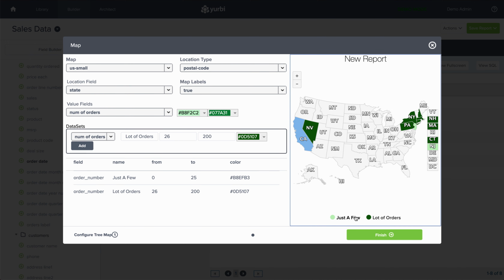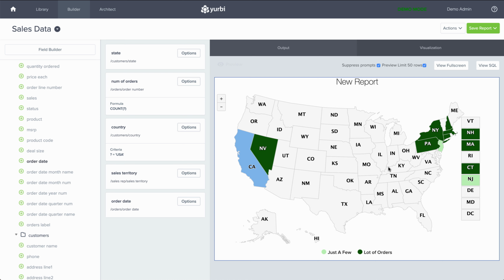You'll see now that'll give me just an on-off or a set color for the range and show me that range in my legend. So you have a couple different options on how you can configure the map. Once you've got everything set up, I'm going to hit the finish, and now I can just go ahead and save this map and produce this in my library, put it in my dashboards, apply filters, schedule it, and do all the other things that you do within any report within Yerby.